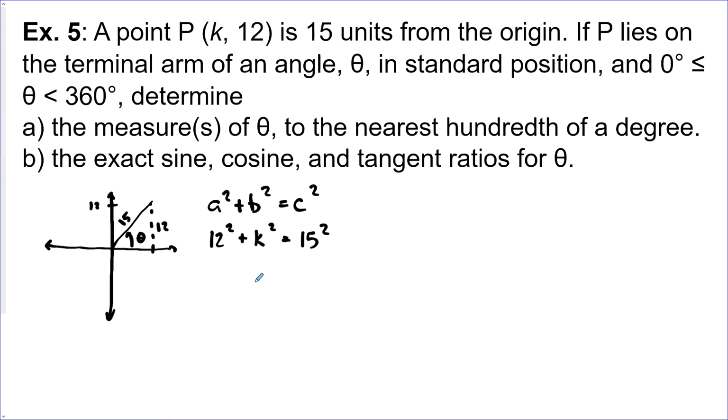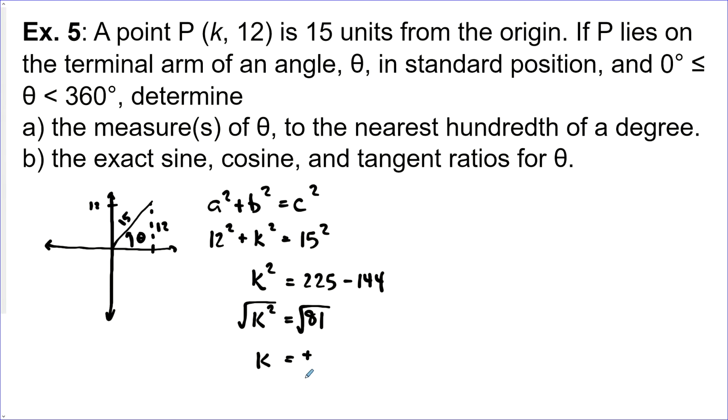And we get that k squared here is 225 minus 144. So k squared is equal to 81, and we take the square root of both sides here, and we come up with k is equal to